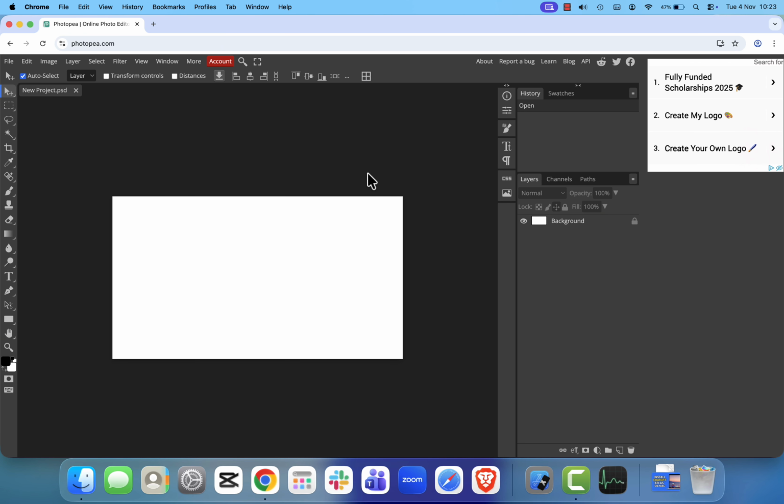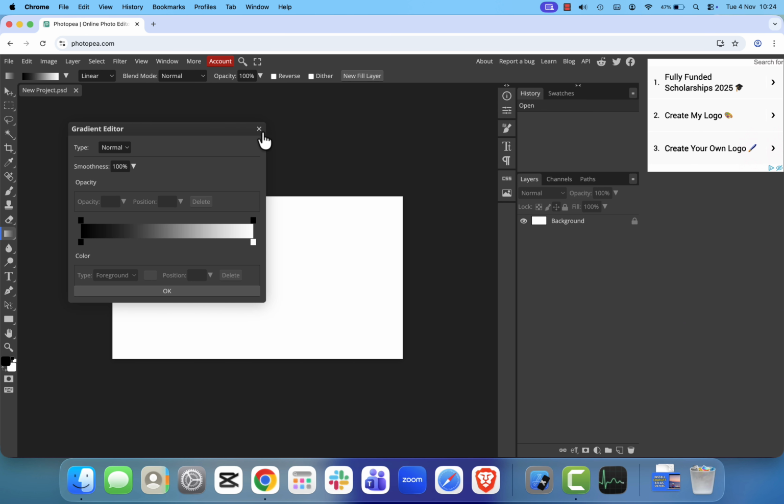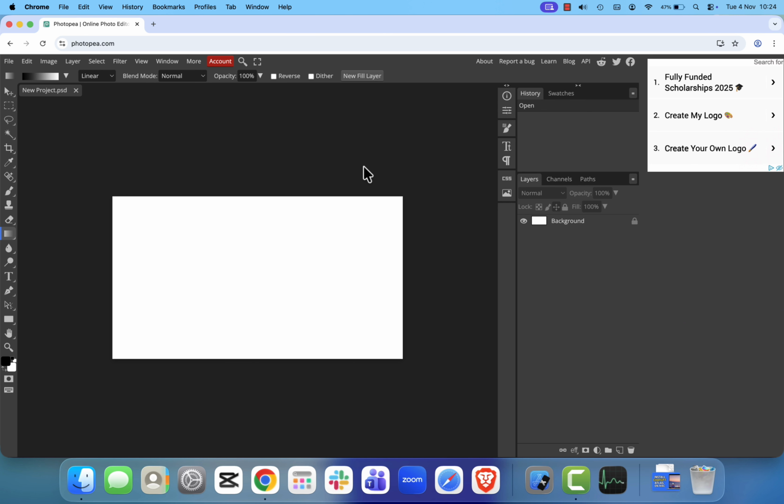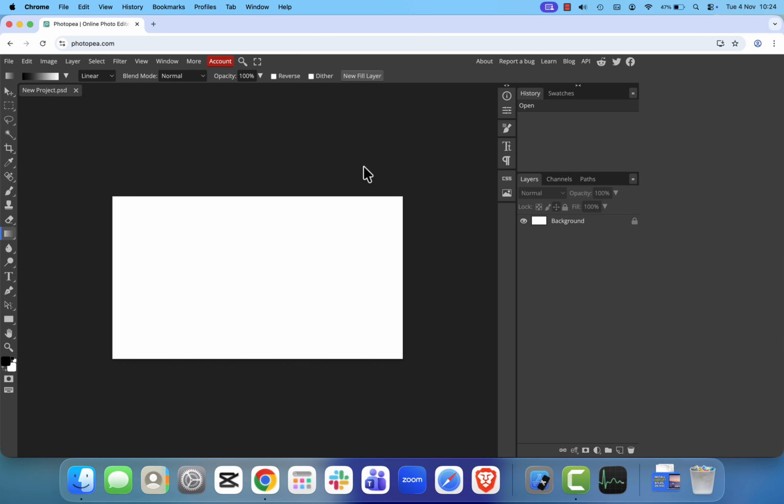Absolutely. Photopea was created entirely from scratch by independent developers. It's not owned by Adobe, but it's supported by ads, which is why you can use it for free. You may see a few small ads on the side, but they're not intrusive. And if you prefer a cleaner workspace, you can use an ad blocker or a browser like Brave to hide them. And that's it. That's how you can enjoy a full Illustrator-style design experience on your Mac, completely free and